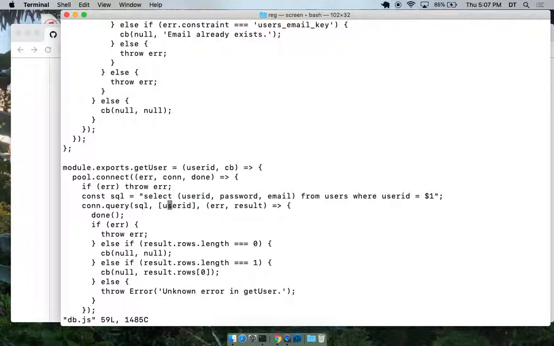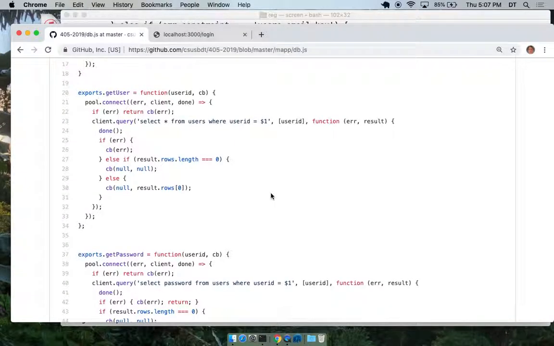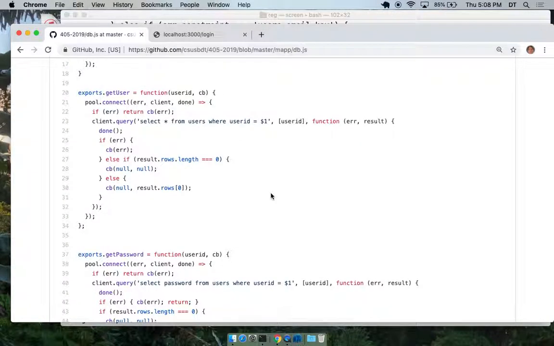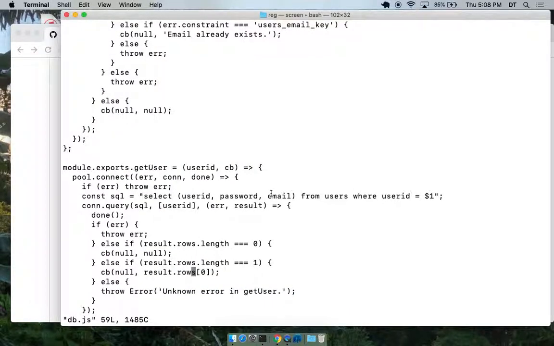Where's the mistake? User ID, password, email. Anyway, it's returning, maybe this rows. Can you go back to your GitHub real quick? Yeah. Why is it coming up 0 like that?